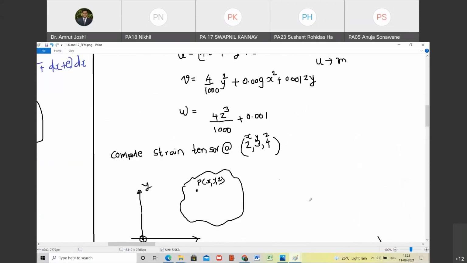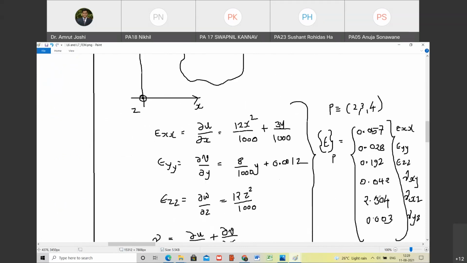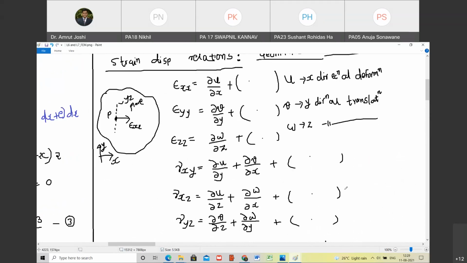What I wanted to emphasize is that once you know the deformation field, you can find out the strain tensor. You are going to face problems in doing the reverse job. If the strain field is specified, you have only 3 unknowns to find, u, v, w. So you may end up with multiple values of u, v, w which satisfy these 6 equations. Are you with me? Yes, sir.